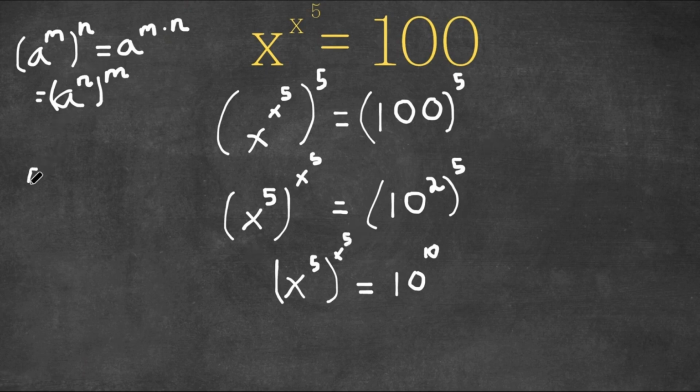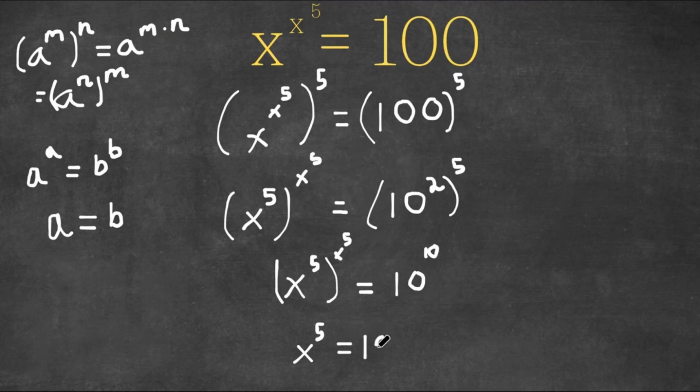Now, if a to the power of a equals b to the power of b, then this means that a is equal to b. So if x to the power of 5 to the power of x to the power of 5 equals 10 to the power of 10, then this means that x to the power of 5 is equal to 10. Now we want to cancel out this fifth power, so now I'm going to take the fifth root on both sides,